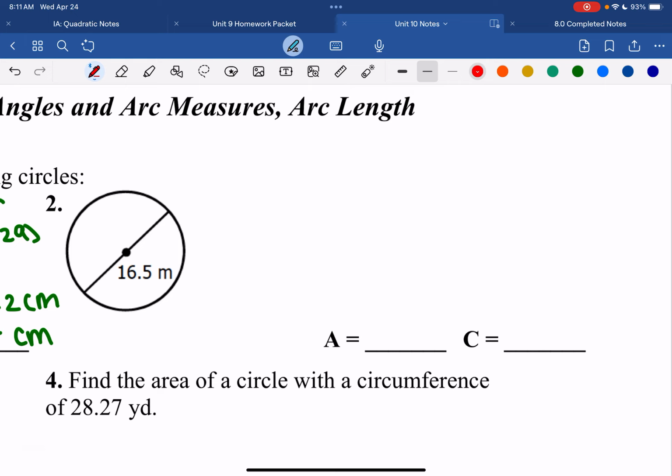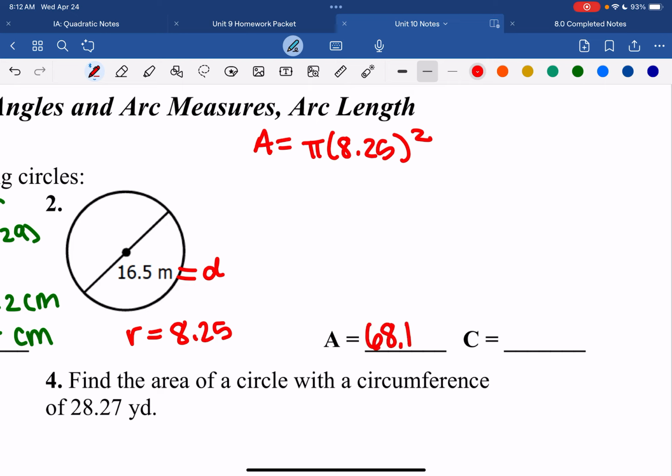So in this case, our diameter is 16.5. So our radius is 8.25. We just have to divide that by 2. So area is going to be pi 8.25 squared. So we could say it's 68.1 pi meters squared, or multiply that by pi,